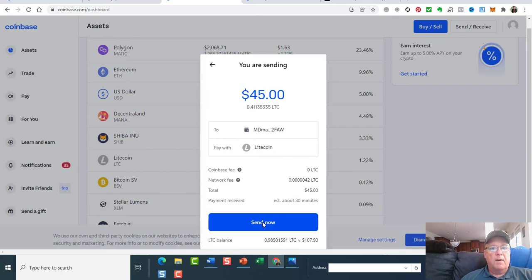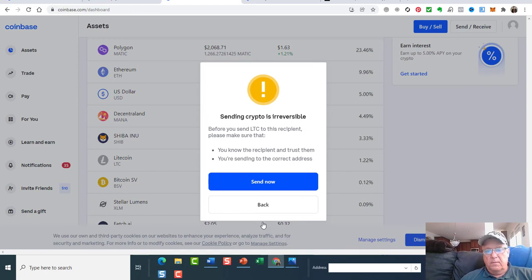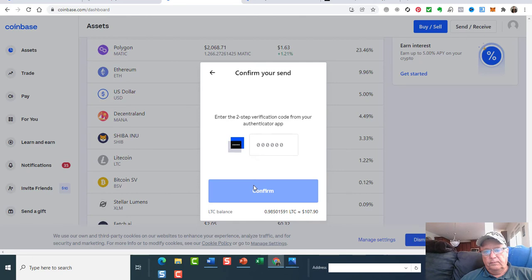So I'm sending $45. I'm joining the Safelist for crypto buyers. It's going to hit send. Yes, send it now. And then it's going to send me a code again.